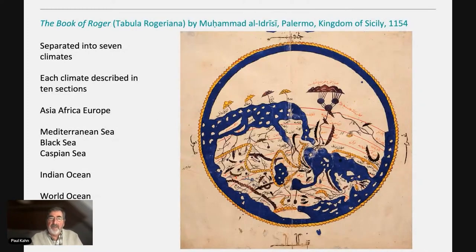So the earliest one, the Book of Roger, the Tabula Rogeriana, is designed based on the assumption that the world is separated into 7 climates, and then each of those climates is described in 10 sections. This image that you see is the first image in the book, which is this representation of the world, Africa, Asia, and Europe. South is at the top here, so the Mediterranean Sea, the Black Sea, the Caspian are down at the bottom. The Indian Ocean is sort of in the middle, and then we have this world ocean